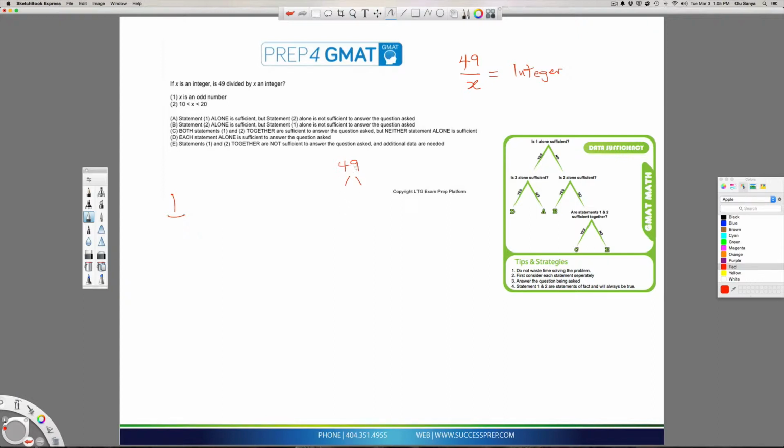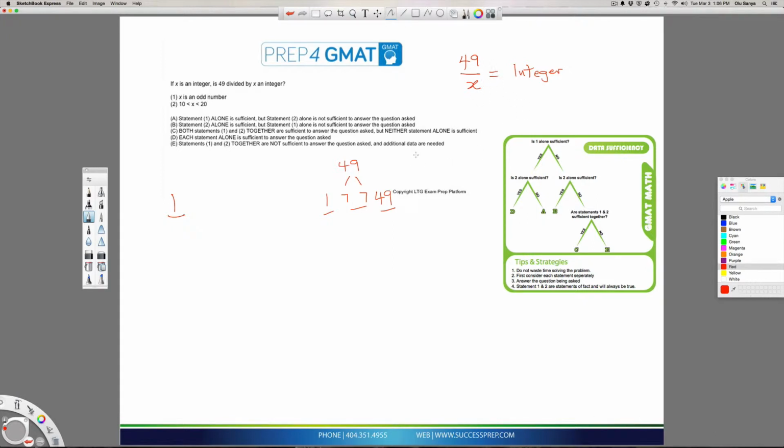Well, it will be the factors of 49, which is 7 and 7, but also always remember 1 goes into a number and the number goes into itself. So essentially you have 1, 7, and 49 as the only three things that would really give you an integer